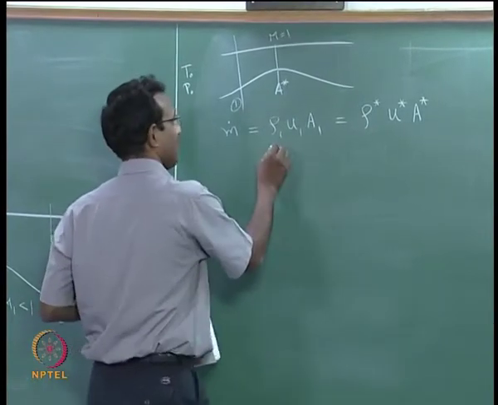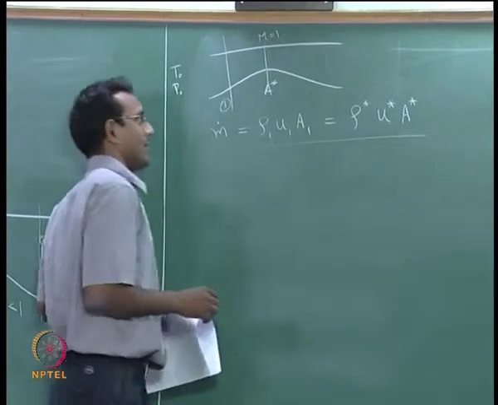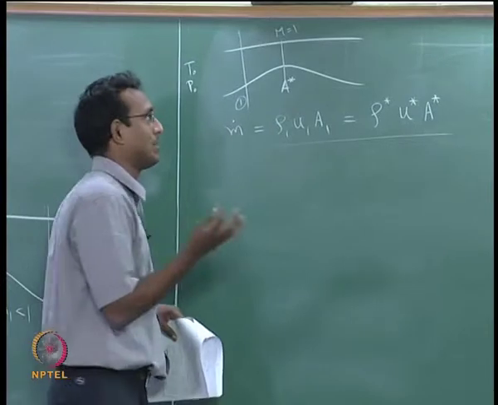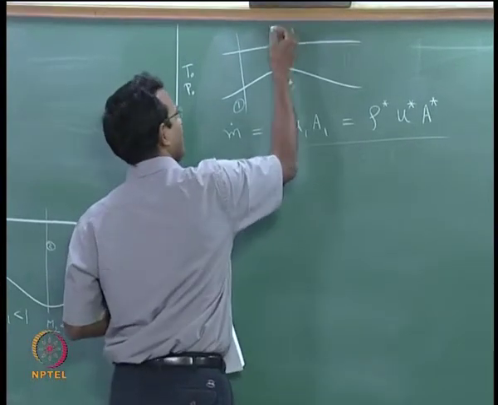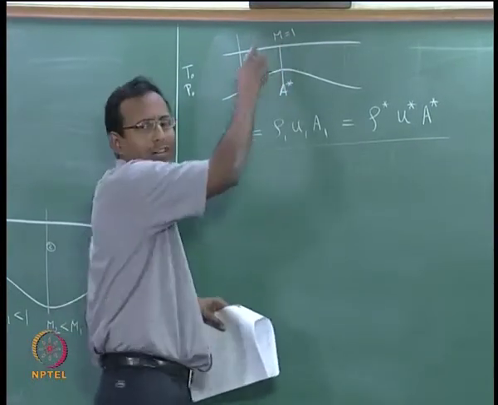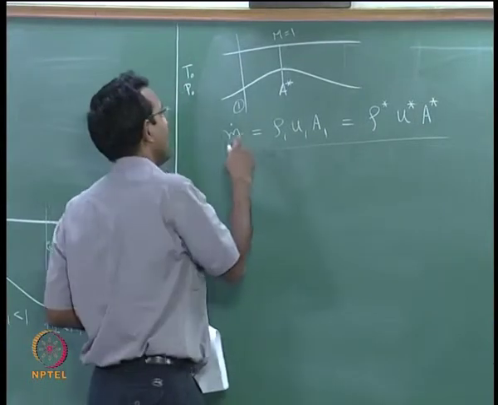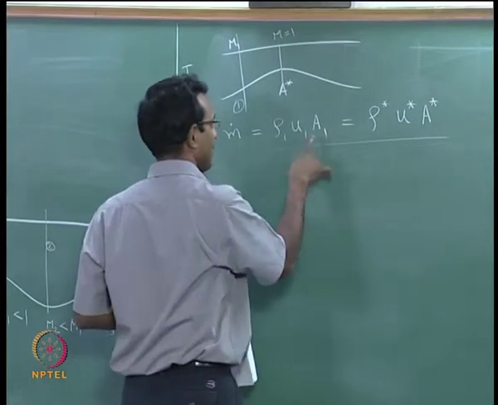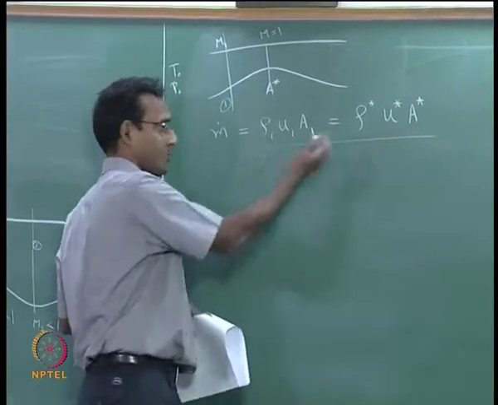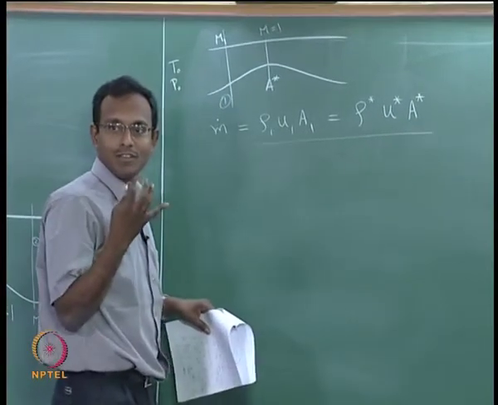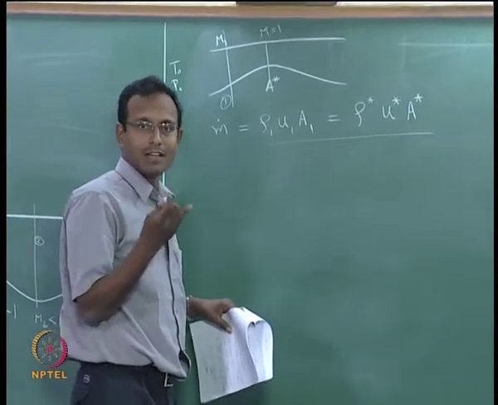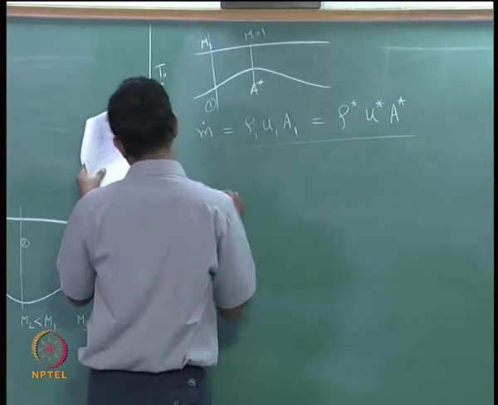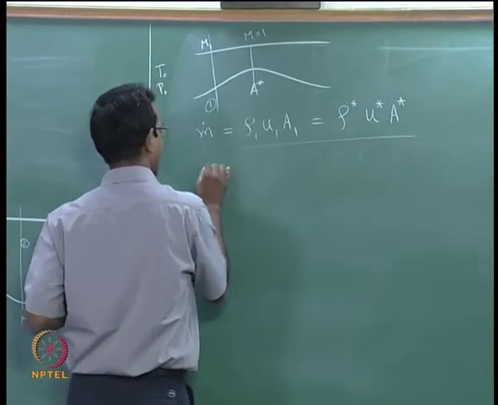So I am going to look at only this set of expressions. I want to rewrite them in such a way that I will eliminate all the variables. I know the Mach number here, let us say I call it M star, will be 1, and here this is some M1. I want to write all these variables, or the ratios of them, in terms of M equal to 1, the M star, and M1. Okay, so let us start with what we know already.